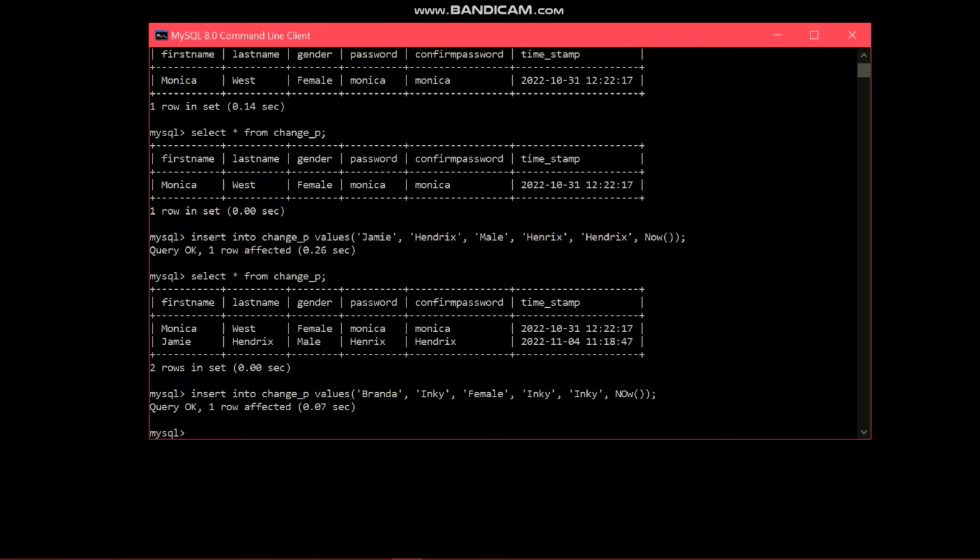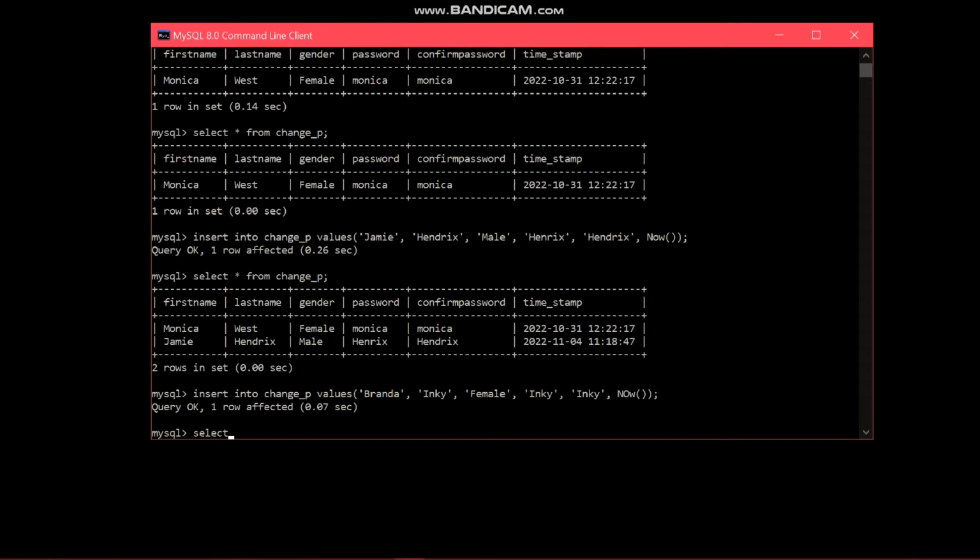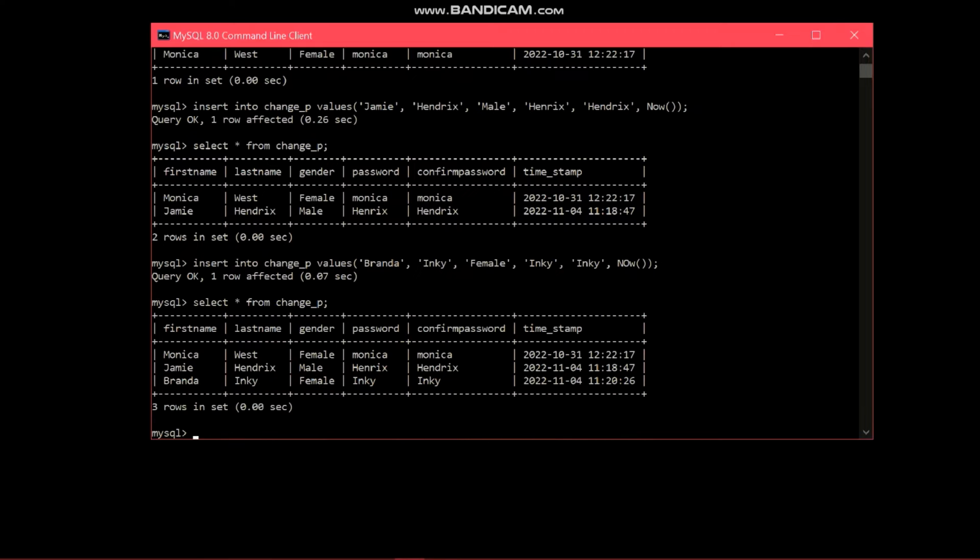To get all of the data from this table, we're simply going to do the same thing from change P. All right, so now we have a collection of 3 names and all of the data. After this, we can now work on the functionalities and try to retrieve our name and change our password